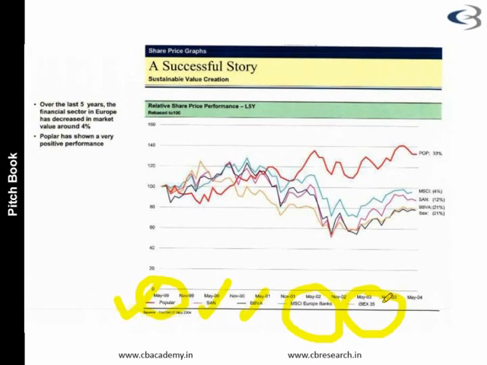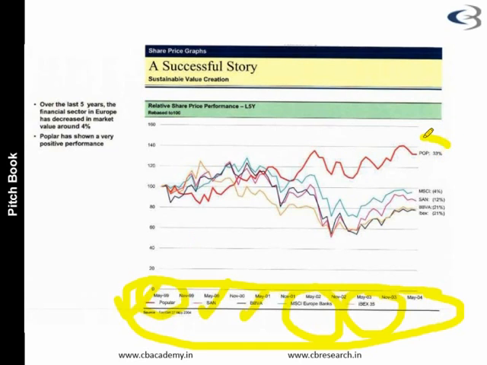When I compare the performance over the last 5 years, from 99 to 04, if you see out here, I've compared the performance from 99 to 2004. Then what I see is that for the last 5 years, the company POP is giving me a return of 33%. So the price has jumped 33%.